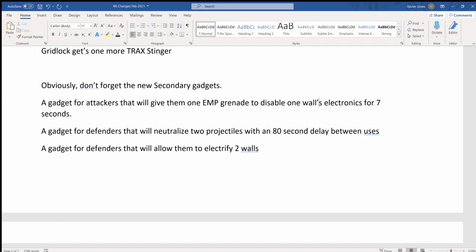But if you play your cards right, and also this will only disable a wall's electronics, right? So it won't disable anything other than anti-breacher equipment, right? So with the